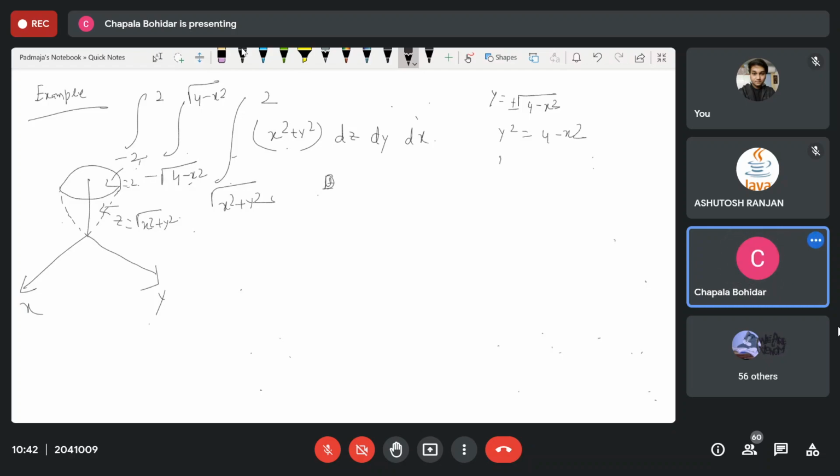So we get x squared plus y squared is less than or equal to 4. Okay, for the disk, I am writing it is less than or equal to 4. So it is our equation for the circle, isn't it? If we convert it to the polar form, then it is very easy to solve.